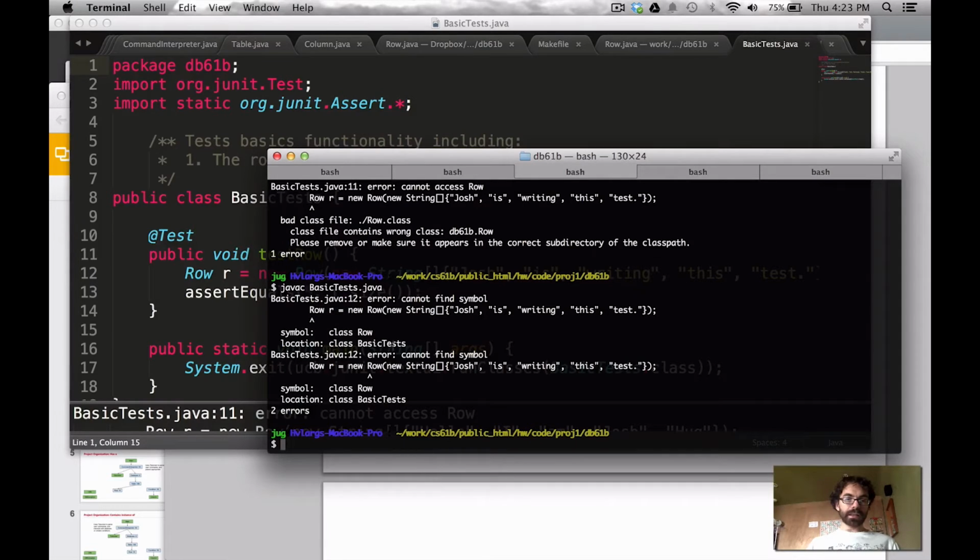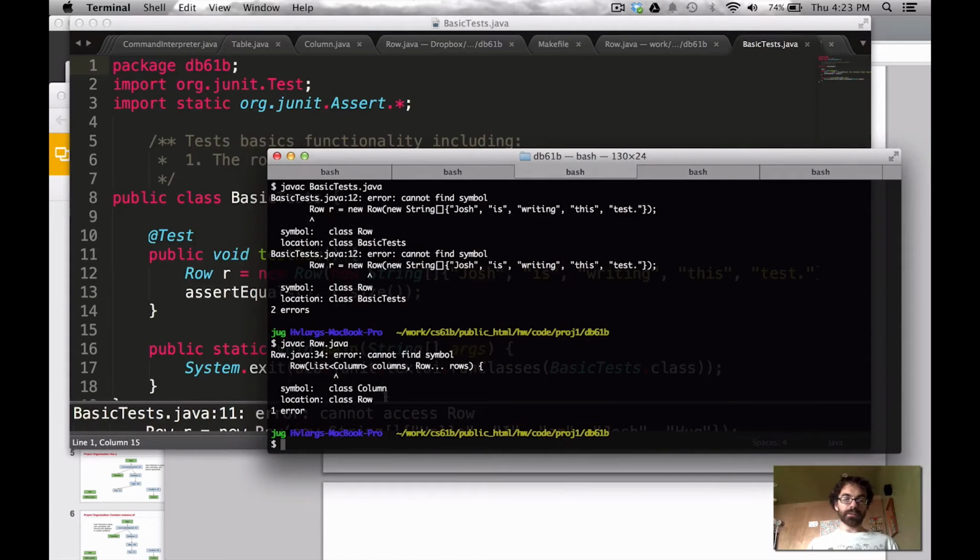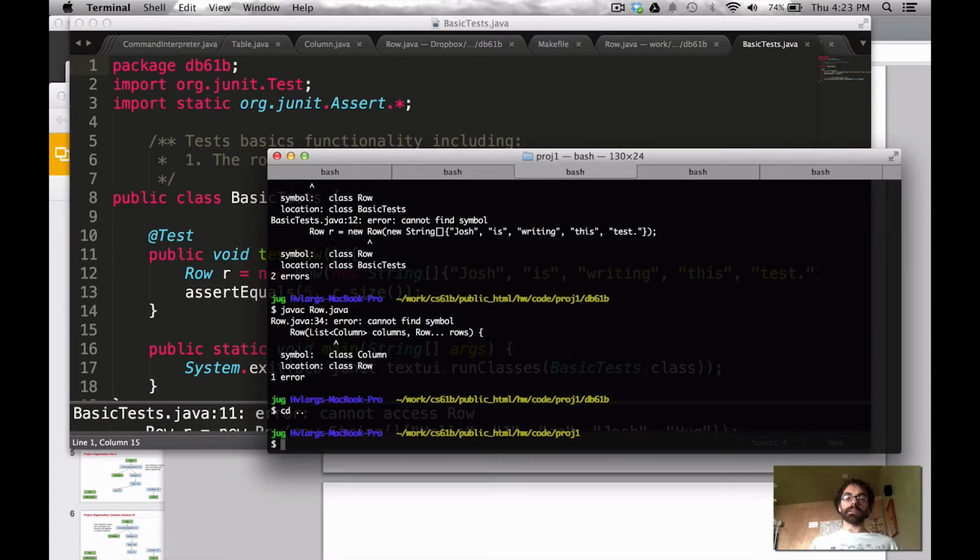Well, the problem is that it's saying, I don't know what a Row is. That seems strange because Row's right here. Well, let's try compiling Row. Row won't even work. It says I don't know what a Column is. So that's strange. Well, the problem is, if we compare this to how we actually